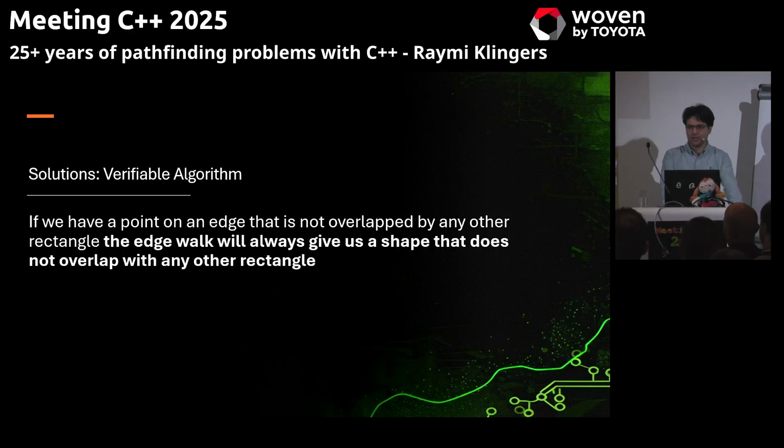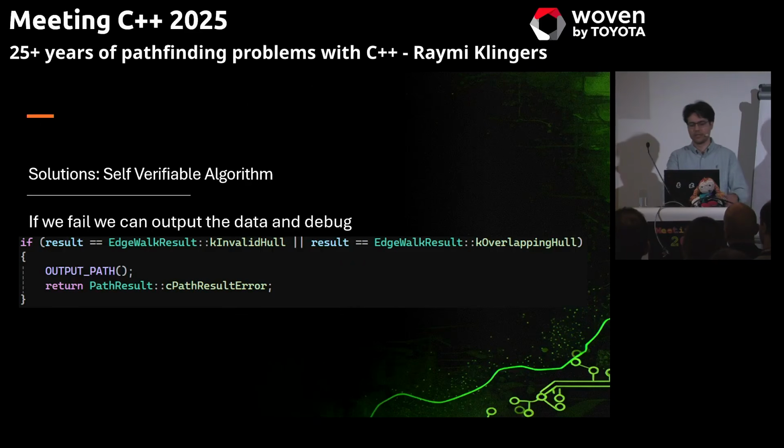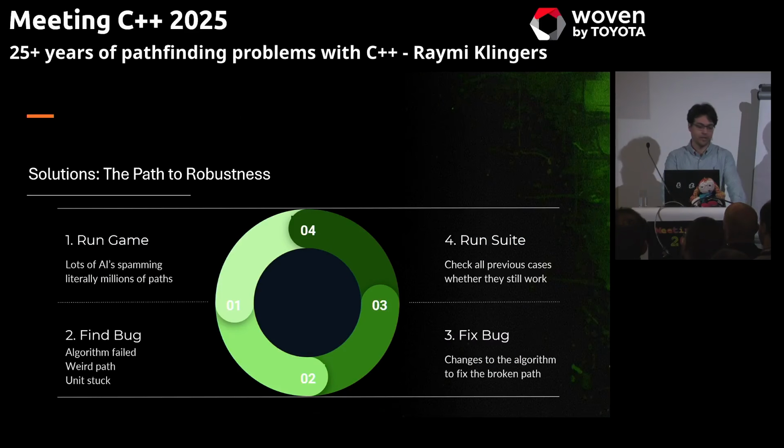Using this, you can deduce some rules that you can check in your code and then output an error whenever this happens. So in the code, I would write something like: if it's an invalid hull, so a hull that doesn't fully connect, or a hull that infinitely started to loop for some reason, or a hull that overlaps with any obstruction, then I'll just output the path that I was trying to make with all the data that I need to reproduce it. And I can pull it out and put it into a smaller application and start debugging it. I'm not sure if this actually has a name, but I call it a self-verifiable algorithm: an algorithm that has something that you can check very easily, and it can check it itself.